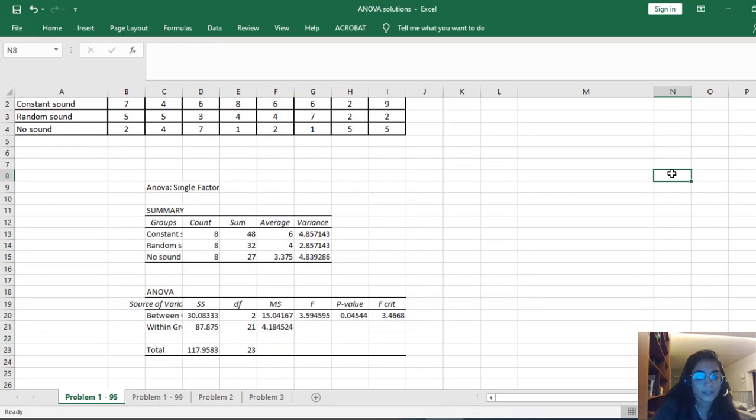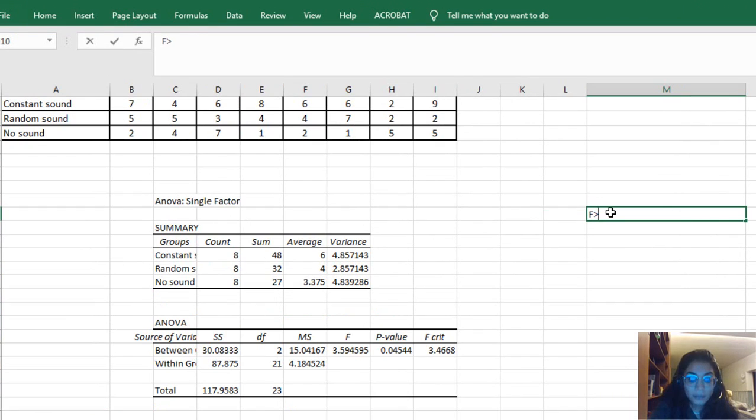So guys, here is the summary. So let's see, guys. You can see F critical. F critical here is the benchmark F, the reference F that I need to compare F to. So guys, this is F critical and this is F. So I can find, guys, that my F here is greater than F critical. What does this mean? This means since F is greater than F critical, and I know that F is equal to the mean square between groups over the mean square within